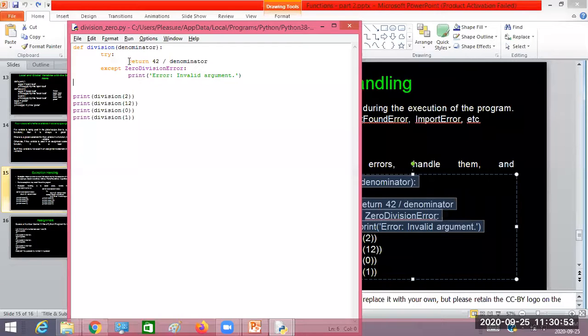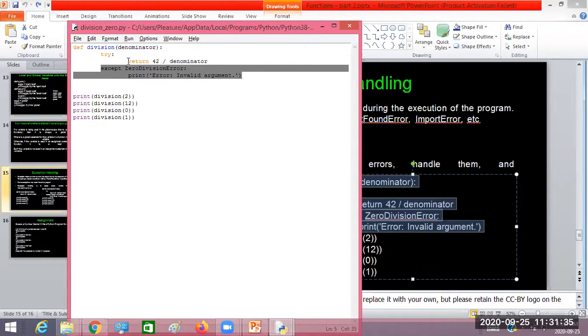I wrote the division statement in the try block. So I'm instructing the interpreter with this try clause to try to execute this statement. If any error occurs in this statement, then jump to this except clause. Are you getting my point?